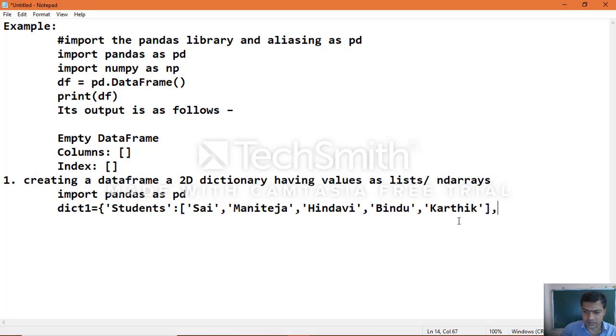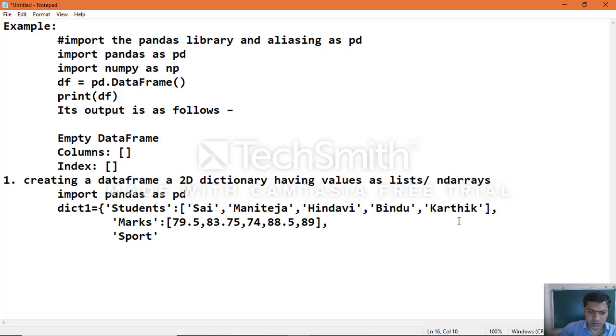In the same way, after the student names, then marks. Now again you can specify the marks, that is 79.5, 83.75, 74, 88.5, 89. Again you can specify sport.